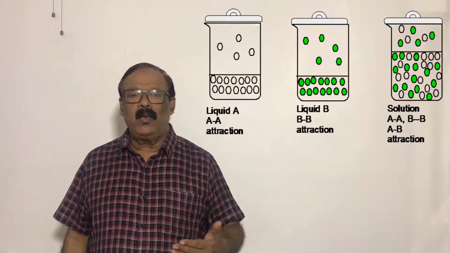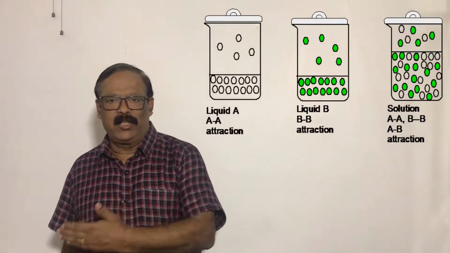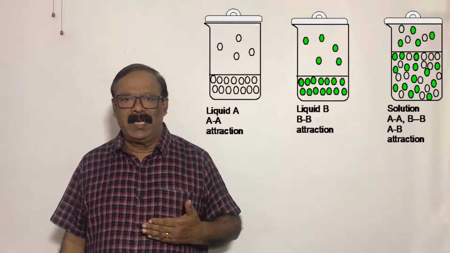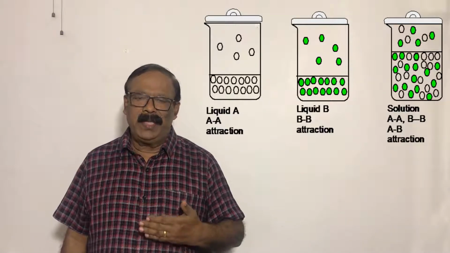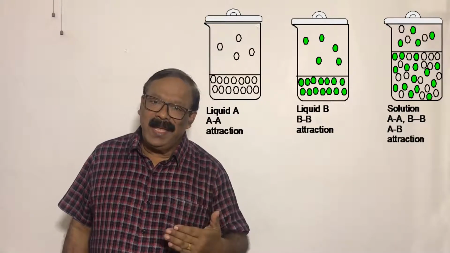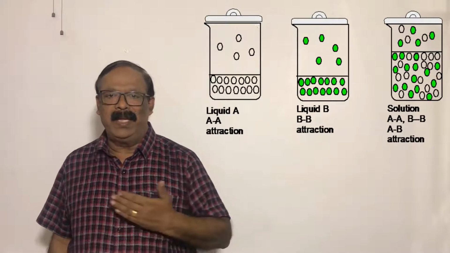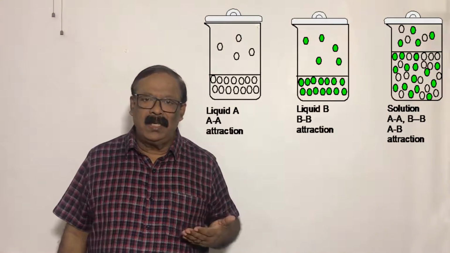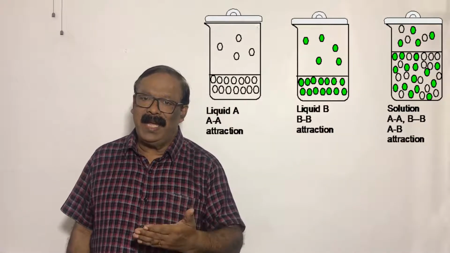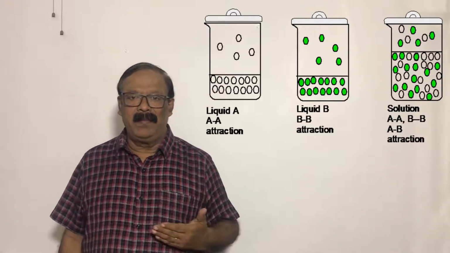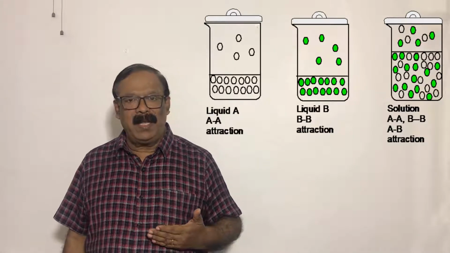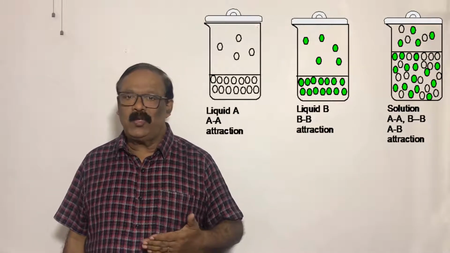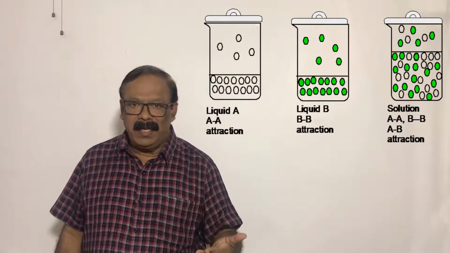Now, the two liquids A and B are mixed. A new intermolecular attraction comes into the picture now, that is between molecules of A and molecules of B. Molecules of A, now trying to go out, have to overcome the attraction from A as well as from B. Similarly, molecules of B trying to go out as vapor have to overcome the attraction from B as well as